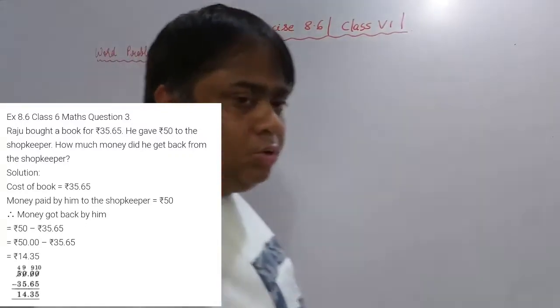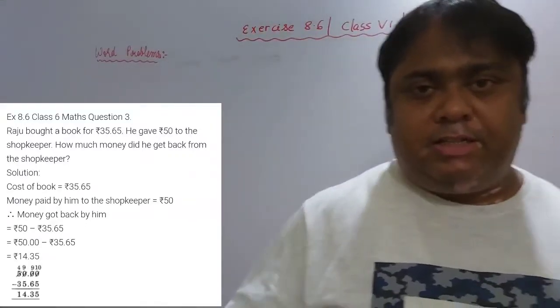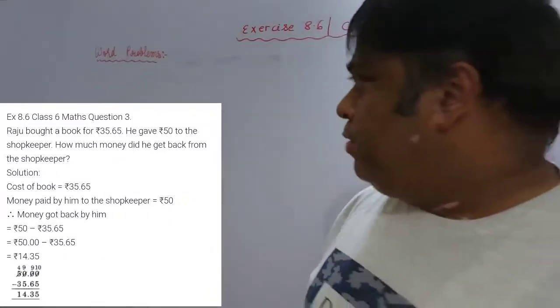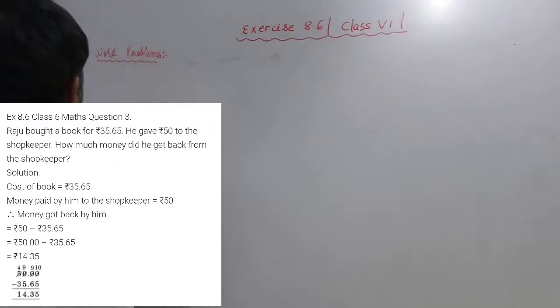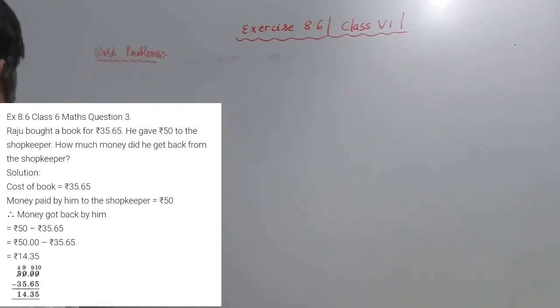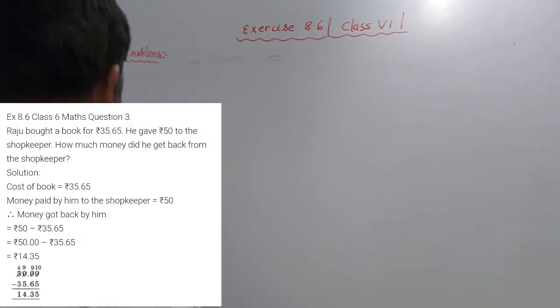So we will do the word problems of exercise 8.6. The sums we had done in the previous class. So question number 3. In question number 3 it is said that Raju bought a book for rupees